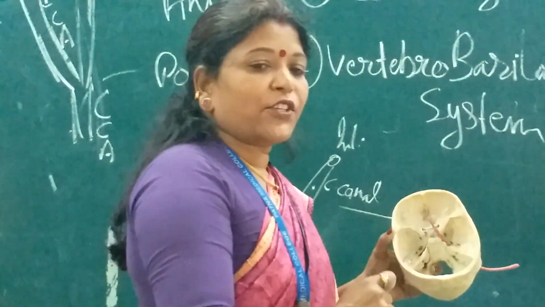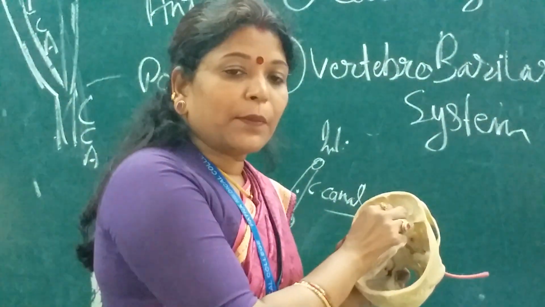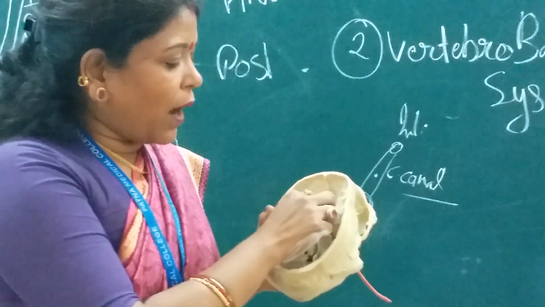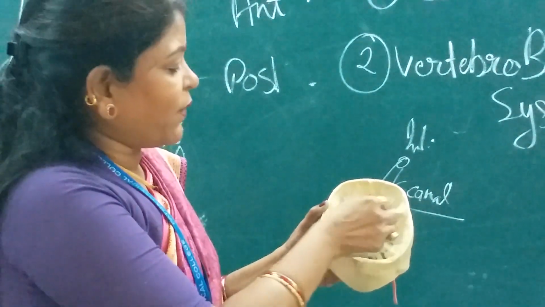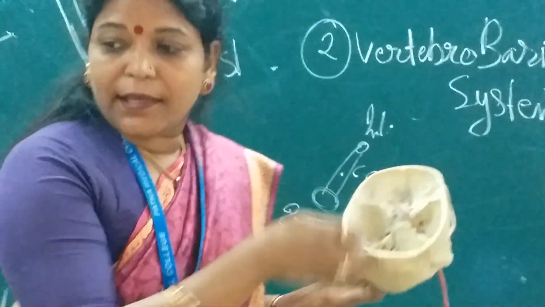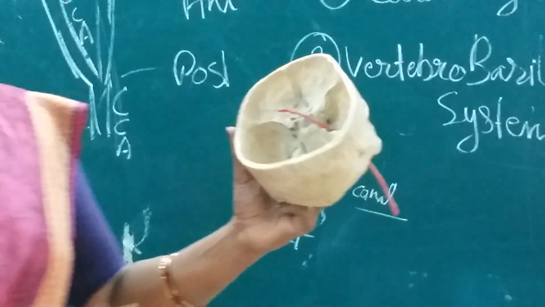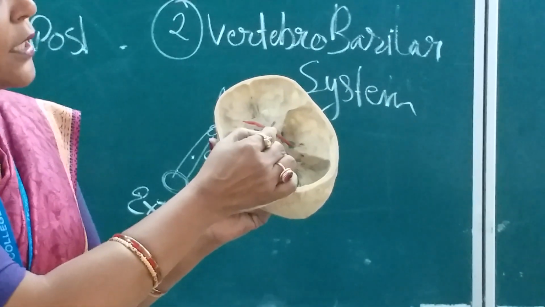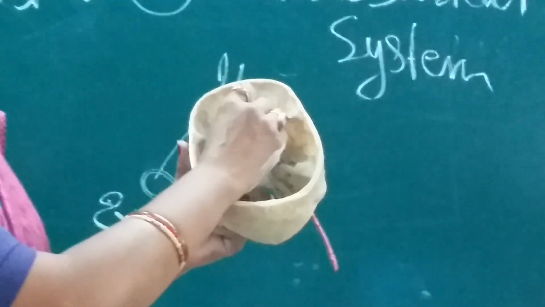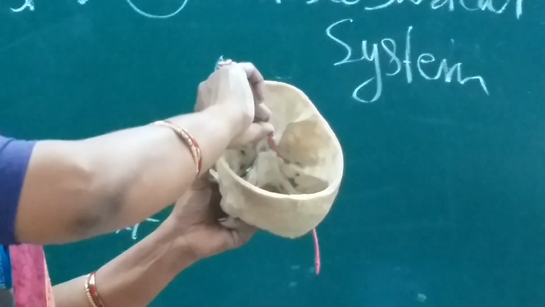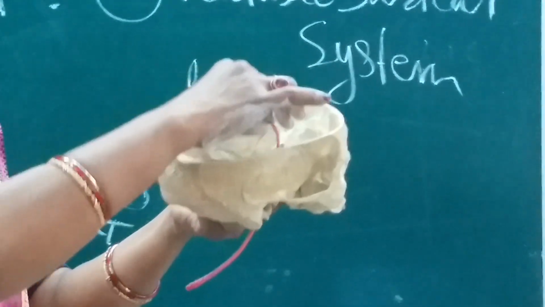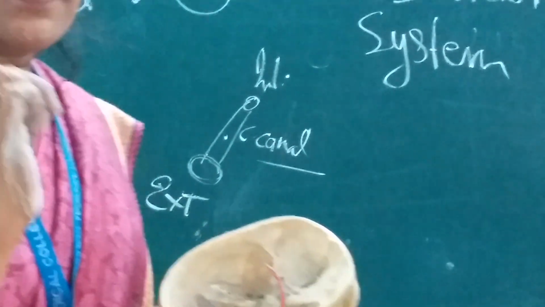There is a close relation of the internal structures. One of the most important structures inside the cavernous sinus is the internal carotid artery, isn't it? So after traversing through the roof of the cavernous sinus, this internal carotid artery will come where? This was the anterior clinoid process. Look here. Just medial to this anterior clinoid process, the internal carotid artery bends backwards like a siphon here. Look here, it bends like this, posteriorly. And here it pierces the dura mater.